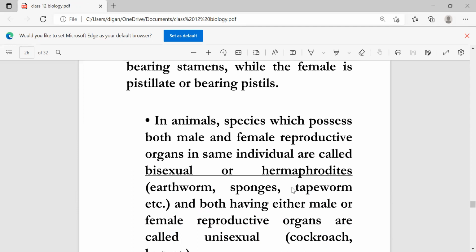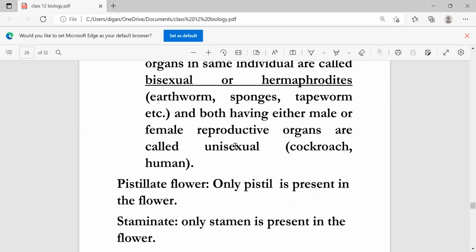And if the animal body bears both male and female organs in the same body, that is called hermaphrodite. A bisexual flower example is China rose; maximum flowers are bisexual generally. Hermaphrodite examples are earthworm, sponges, tapeworm, and cockroach. Means in this type of organism, both male and female organs are present in the same body, and